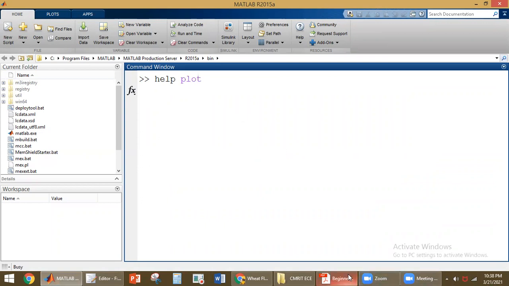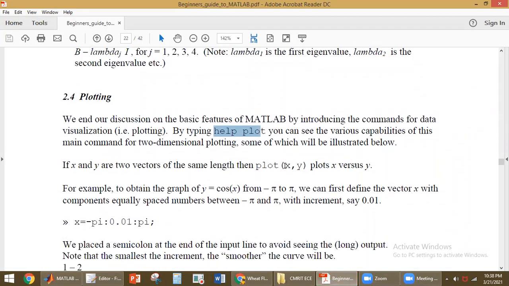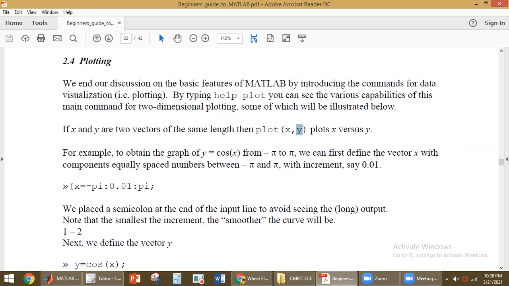So for this, what do we have to give? We have to give the x-axis variables and y-axis variables. This plot will be plotting with respect to x versus y, where x and y are two vectors. For example, x is defined like this. The x value is varying from minus pi to pi, and the distance between successive elements is 0.01. What is this called? The step size. 0.01 is called the step size. This is the initial point and this is the final point.